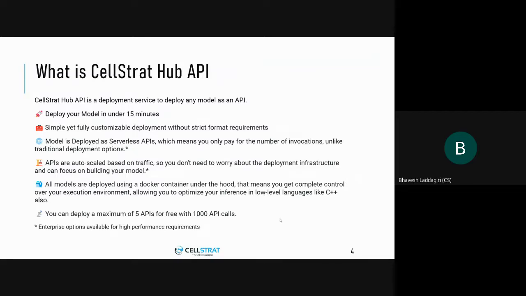CellStrat Hub API is basically a deployment platform to deploy any kind of AI model as an API. It's all framework agnostic. There are no strict format requirements depending on the library. You can use PyTorch, TensorFlow, scikit-learn, anything you want. And if your code and everything is already ready, you can deploy it in under 10 to 15